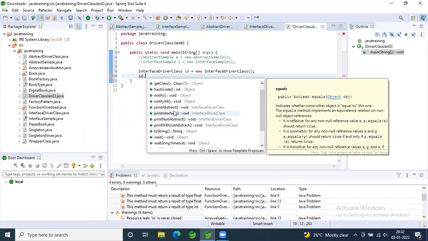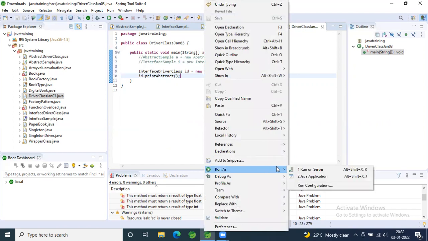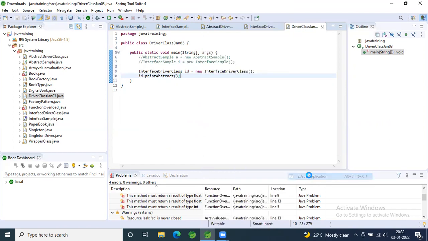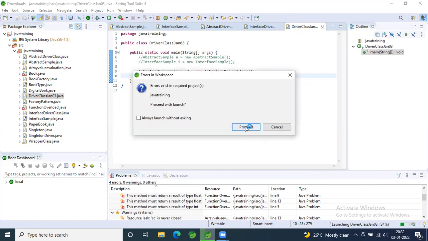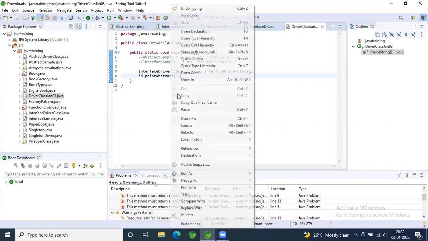Okay. Now just give print abstract. All print abstract and then execute it. Have you executed? Yes.